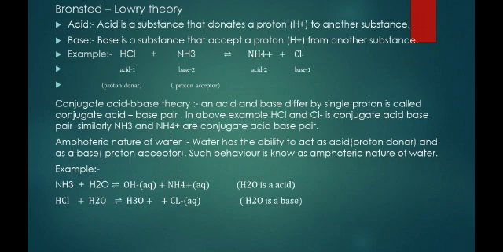In the second example, when HCl and H2O react, they form the hydronium ion and Cl minus ion. Now observe this reaction: HCl donates an H plus ion to H2O. It means HCl is a proton donor, that's why it is an acid, and H2O is a proton acceptor, that's why